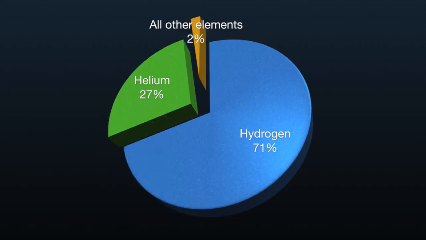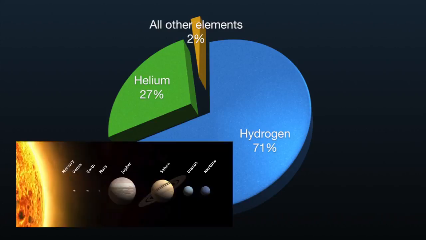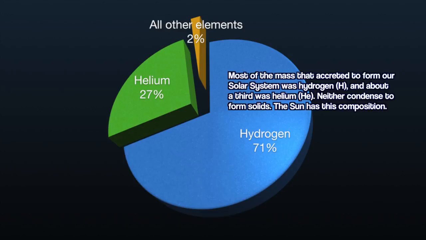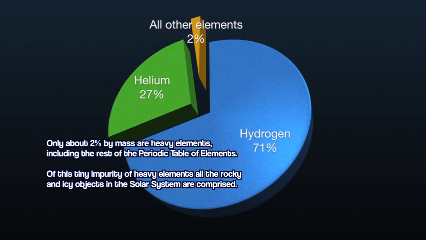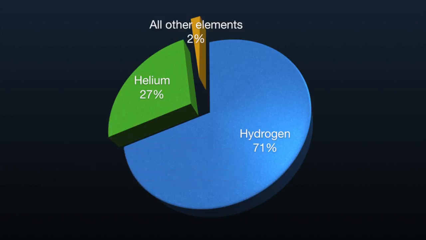Hydrogen and helium are the primary constituents of Jupiter and Saturn, the gas giant planets. But the rest of them are made of the heavier elements. And it's only a tiny fraction of the sun that's comprised of those. The sun is about 3/4 hydrogen, about 1/4 helium, and only about 2% heavier elements, elements heavier than helium on the periodic table. Mostly it is light gases, hydrogen and helium. And that's what the sun is made out of. The sun is 99.9% of the mass in the solar system. To a first